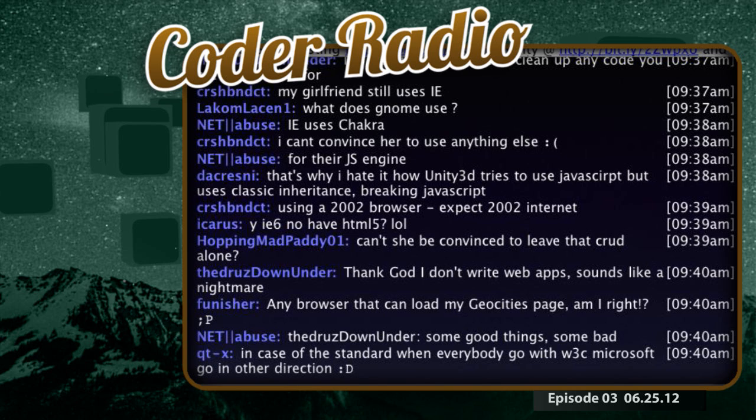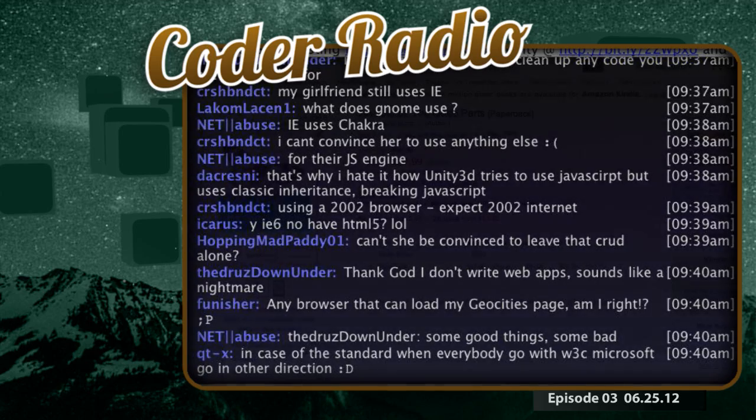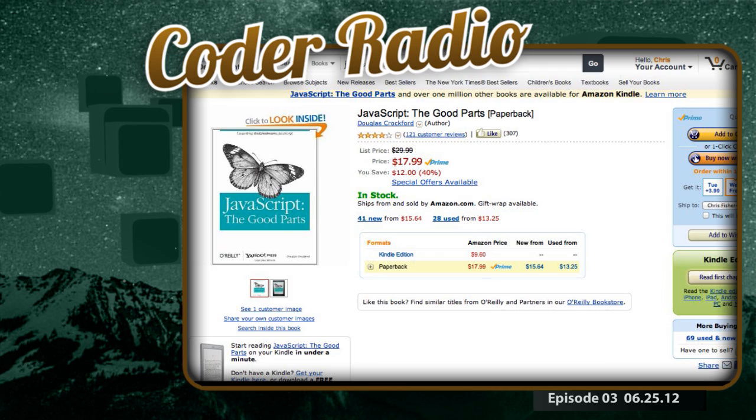I know. So I have a book recommendation. Wow, ActiveX. Sorry, it's called JavaScript: The Good Parts. Basically, this book will tell you everything you should be using in JavaScript, and it will basically make you write ECMAScript. Great for beginners.